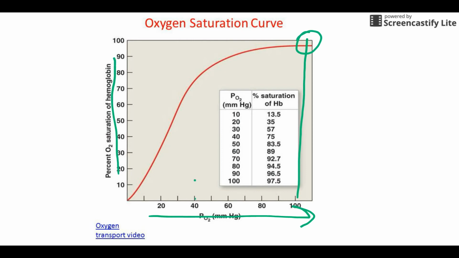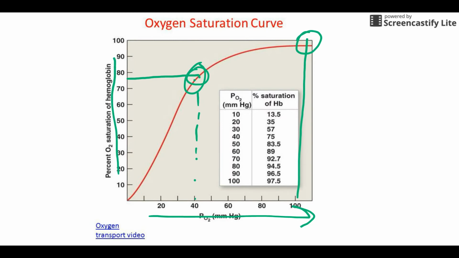When we come back, the PO2 is usually right around 40. So this is our PO2 when we come back from the body. We've made a trip, we've delivered oxygen to, say, the toes, and it comes back from the toes. It's usually still about 3/4 full. We talked about the fact that that's important because it allows us to carry extra. On a normal trip, we only have to drop off about a quarter of the oxygen from each hemoglobin,